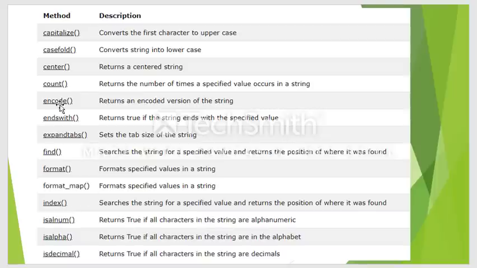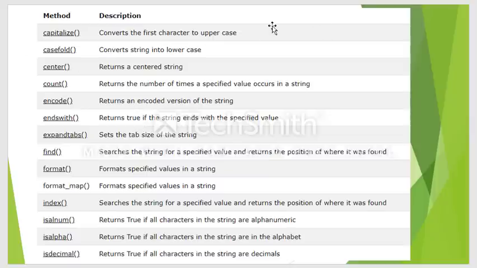Next, we can utilize these different kinds of functions whenever required. But due to time constraints, we cannot explain each and every function in detail with an example. There are so many functions like this, and wherever required, we can use them.